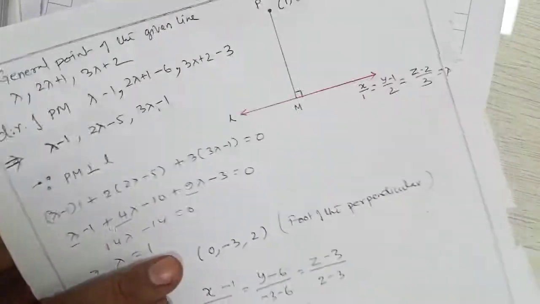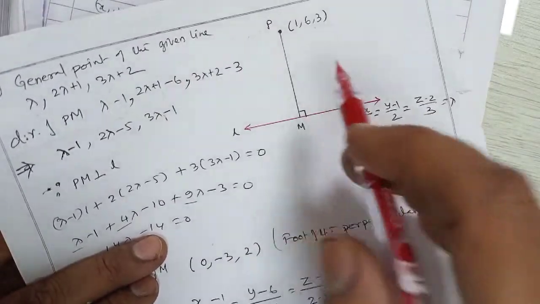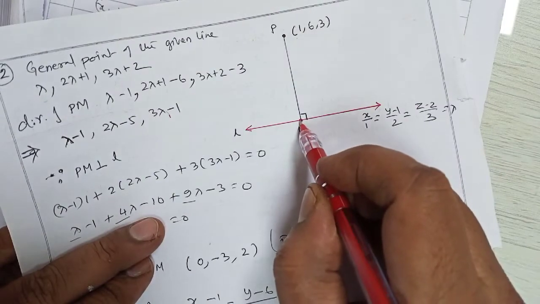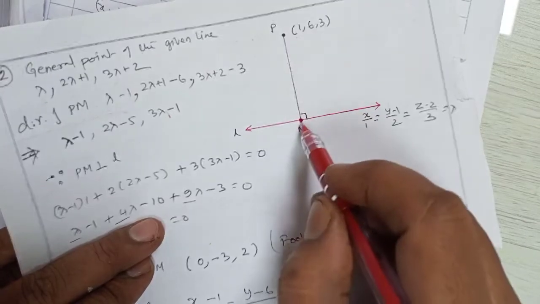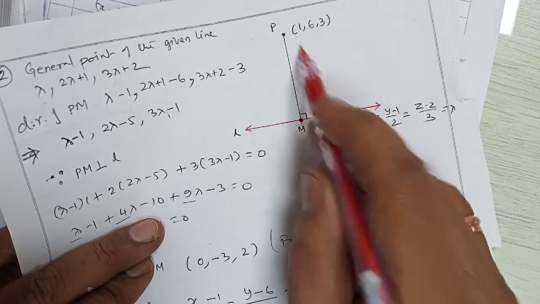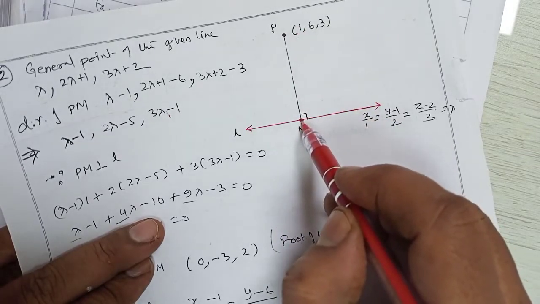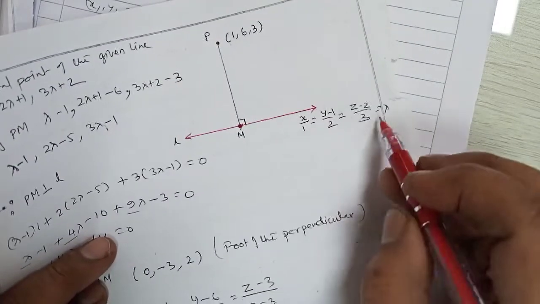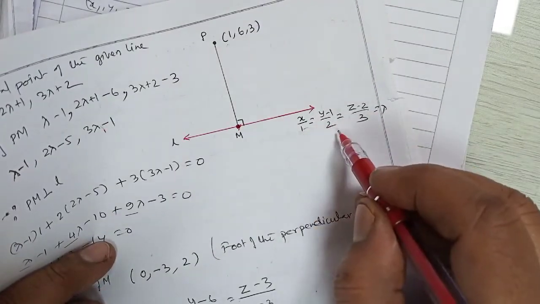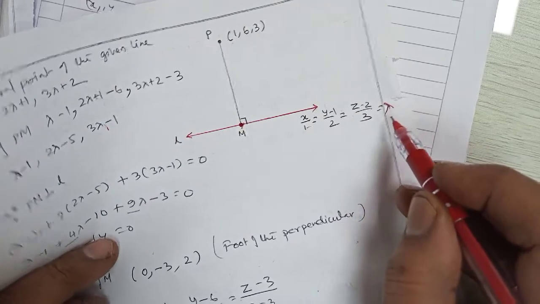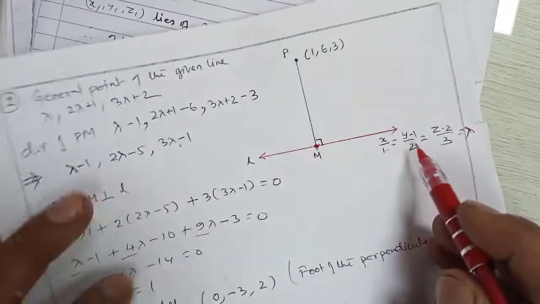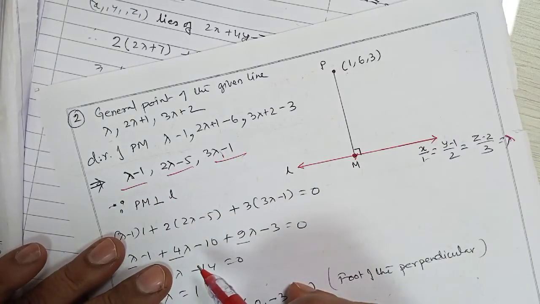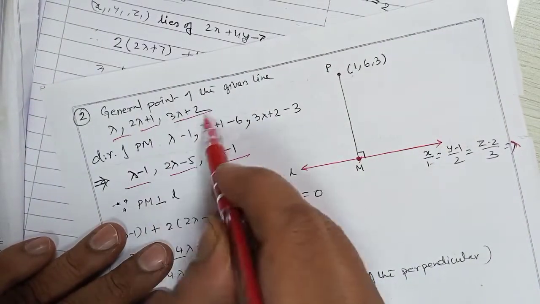This is the equation of the line, this is the point. First we will find the foot of the perpendicular from this point to this line, and taking these two points we will find the equation of the line. So this point we require, whether asked or not. Once again, this is the equation of the line, let this be lambda. Now we find the general point of the line in terms of lambda, like we have done previously.